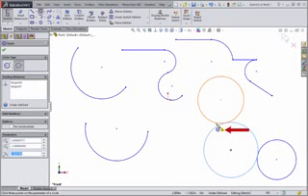Now, you may have noticed the yellow flags that appear when inferencing and snapping to the various sketch geometry, such as the tangent flags displayed when I sketch the perimeter circle. These flags indicate the type of sketch relation that will be created between the entity you're sketching and the entity you're referencing. We'll take a closer look at sketch relations in the next